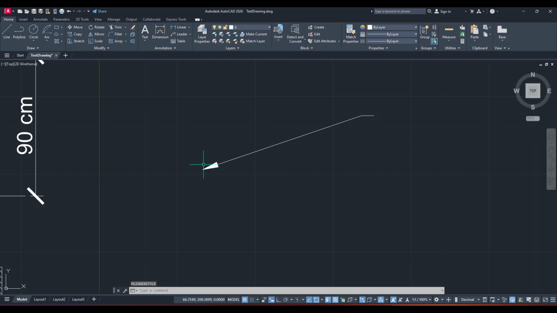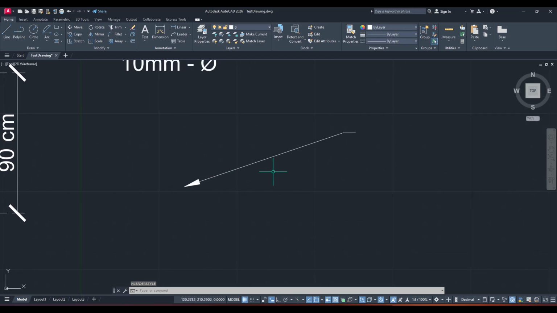When you're satisfied, click OK to save the changes, then close the manager if it's still open. Your leaders that use this style will update immediately to the new arrow size, keeping everything consistent throughout the drawing. If you don't see the change right away, zoom to refresh your view or regenerate the drawing. And that's it. By using the MLS command, selecting the correct style,